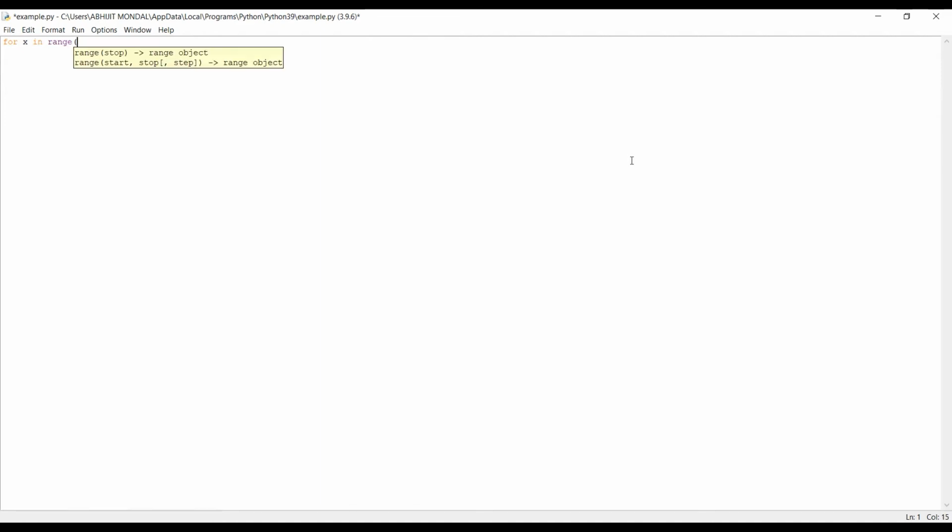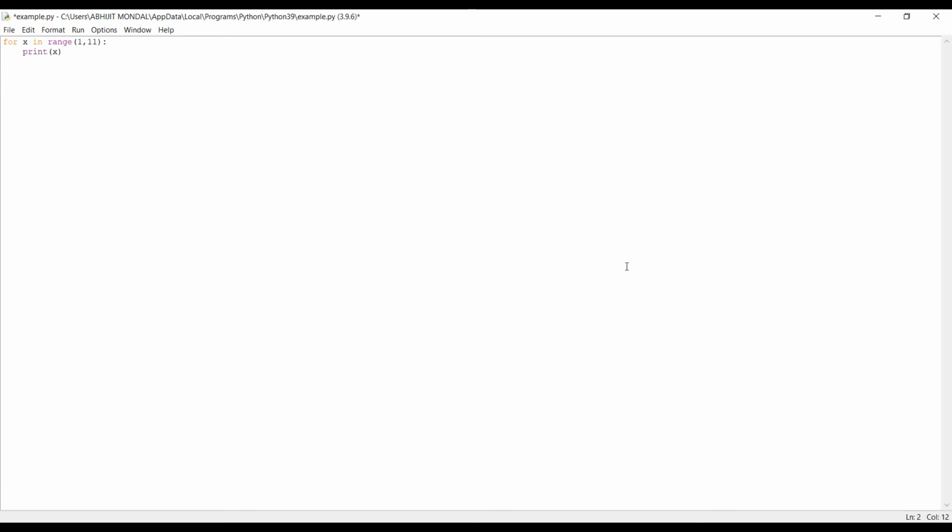So in for loop the range should be between 1 to 11 because the number of times the iteration occurs is 1 less than the maximum number, the last value or the greater value of the range. So we'll simply give 1 comma, the last value will be 11 because we need to print all the numbers between 1 to 10. So 10 will also be printed, and simply print x.